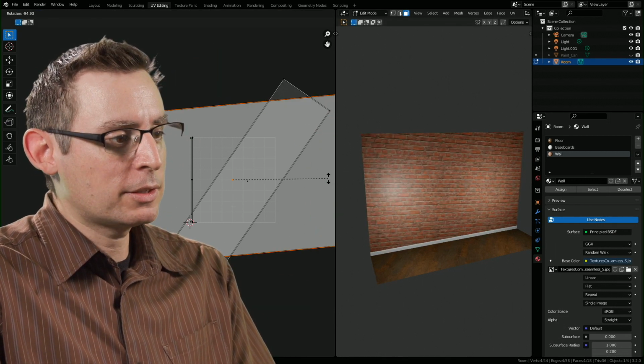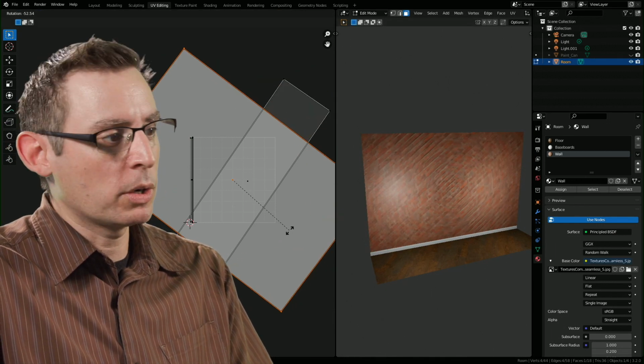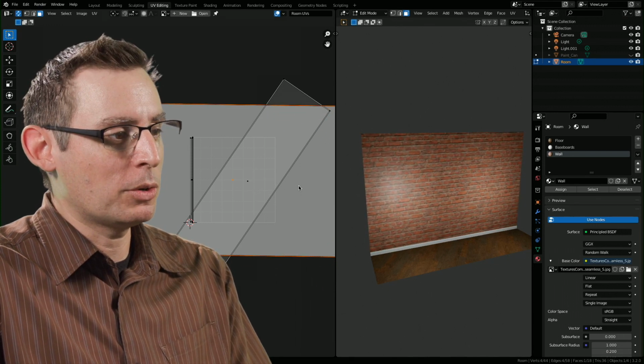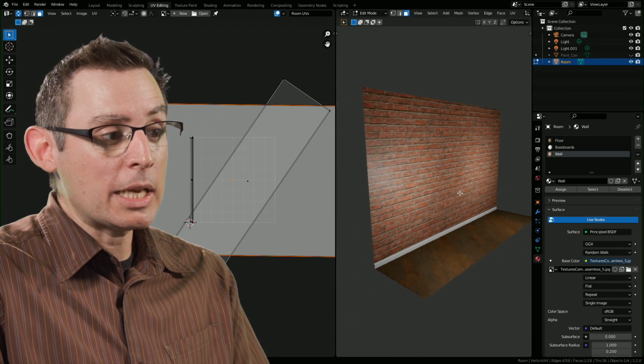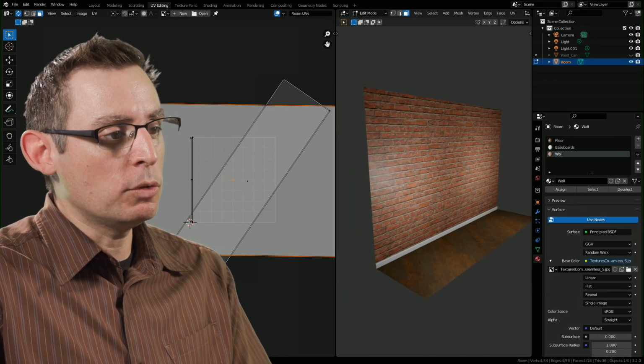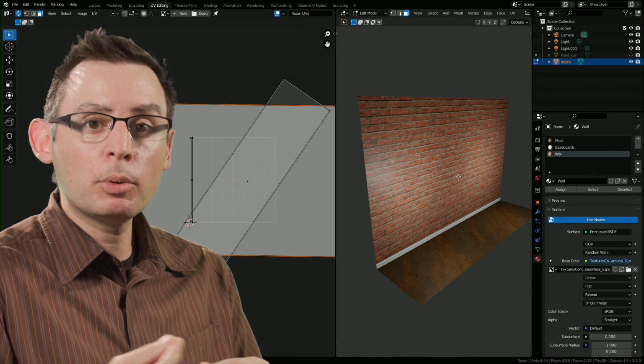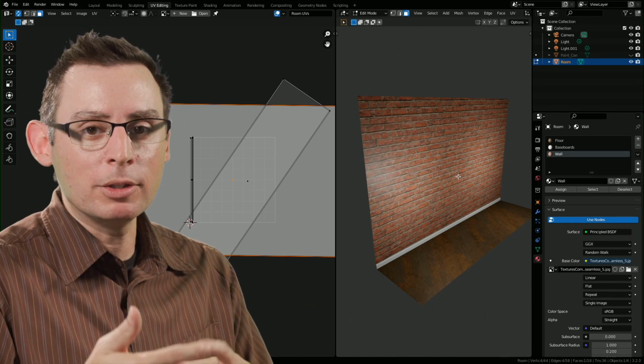And all thanks to the UV coordinates that are being generated inside of our UV map itself, which is pretty cool. So that's the basics of creating flat UVs inside of our three-dimensional scene. Let's take this one step forward and start exploring how we can create cylindrical ones with our paint can.